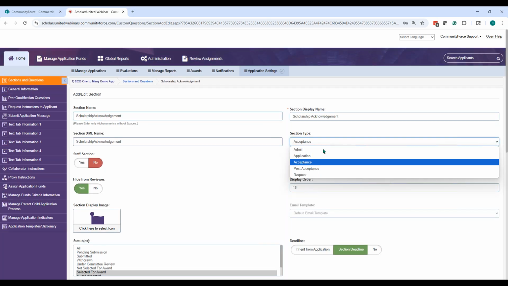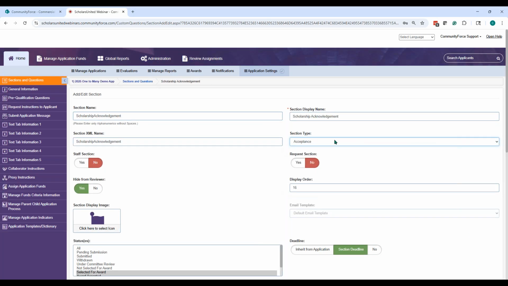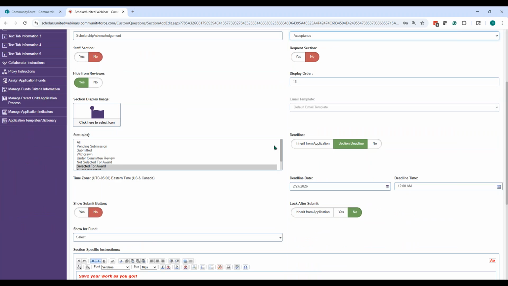I want to put section type acceptance. That's what helps me see on that page I was just on what my acceptance sections are. And then down here is the important element. I don't want all of my applicants to see this, even the ones that weren't selected for an award or never submitted their applications.